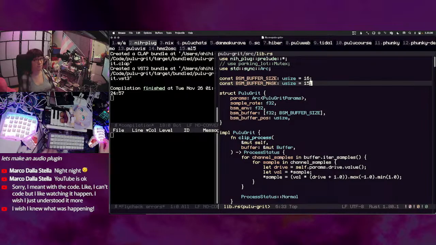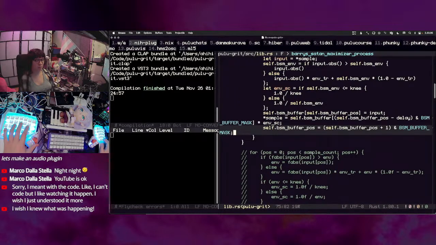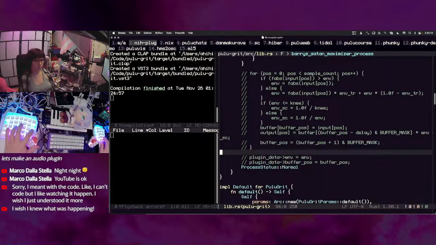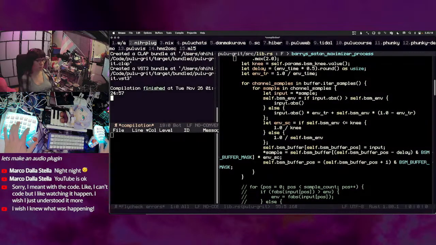Yeah. So I mean, it might be more readable to not do it this way, but let's keep it in there for now. Okay, I think with that, we might be ready to try out